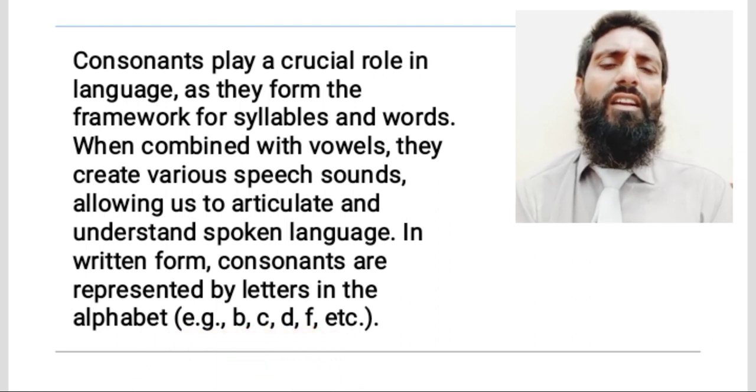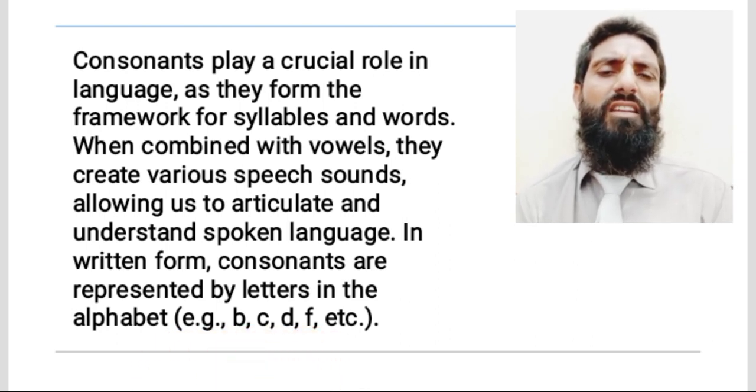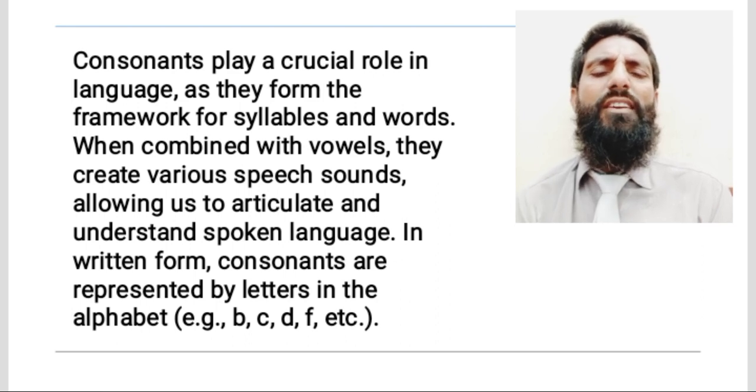There are 26 letters in English, and out of 26, there are five which are known as vowels, and the rest of the letters are called consonants. The five vowels are A, E, I, O, and U, and all the rest of the letters of the alphabet are called consonants. W and sometimes Y can also be taken as vowels, but these are not vowels,